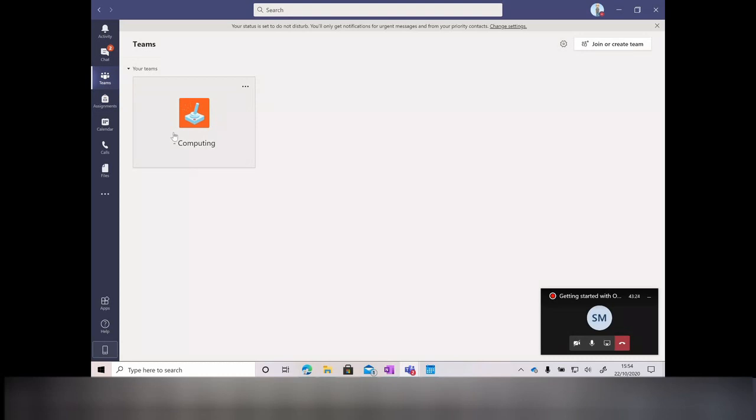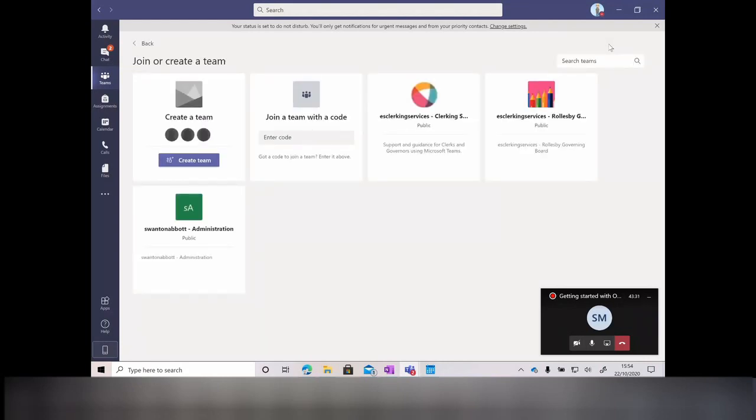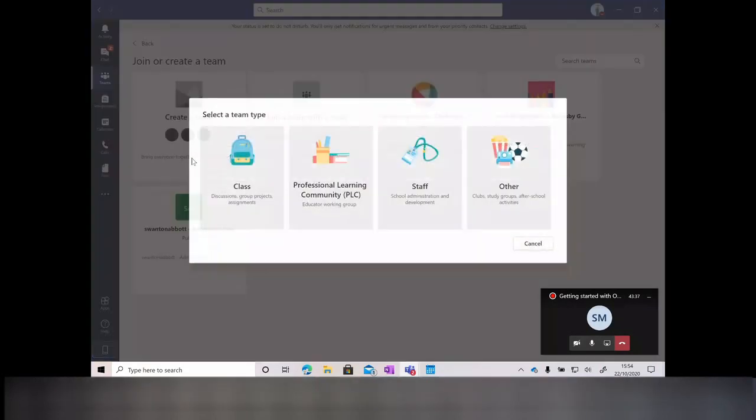So if we go up to the button here in the top right hand corner, which says join or create a team, we have the option to create a team. Now, when you're creating a team like this, in the tenant that you have, you will have these 4 options. So running left to right, we obviously have a class team,